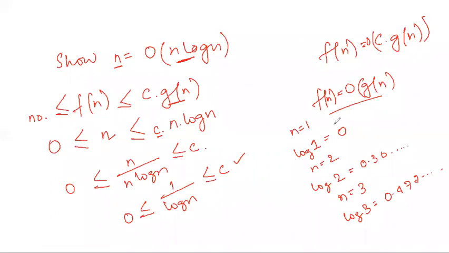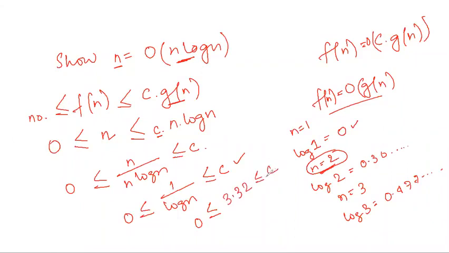Log 1 gave us 0, so 1 by log 1 means infinite, meaning undefined. So 2, right. The value of log 2 is smaller, log 3 is bigger than that, log 4 is bigger than that, so 1 by log n will become smaller. So 1 by log n will have the greatest value when n is equal to 2, because after that all the log values keep increasing, and when the log value is bigger, 1 by that becomes smaller. So if I put 1 by log 2, that is 1 by 0.30 something, it will give me like this.